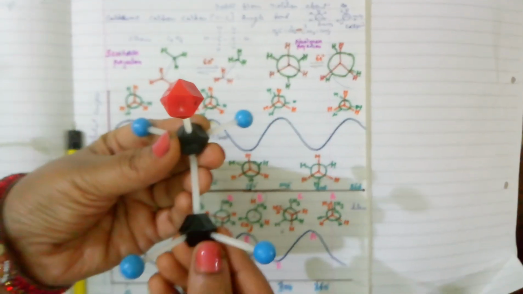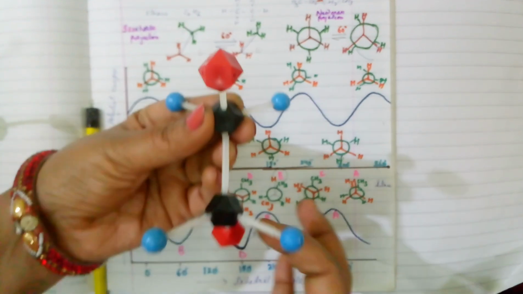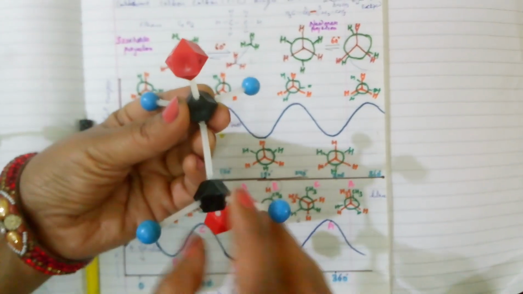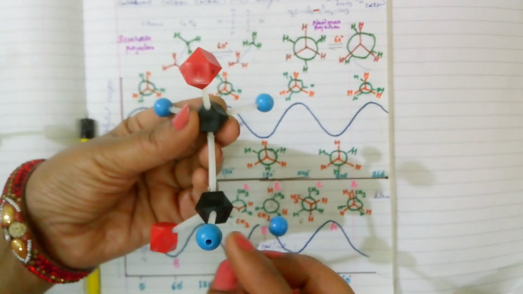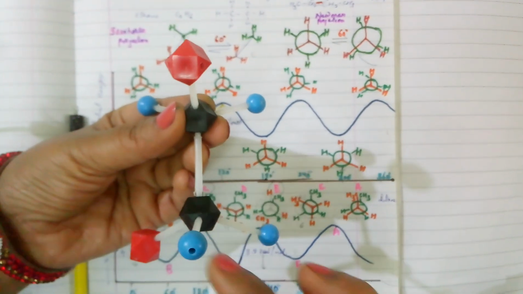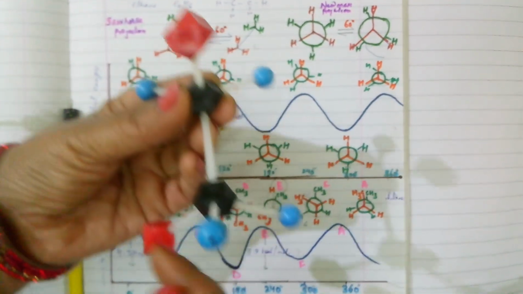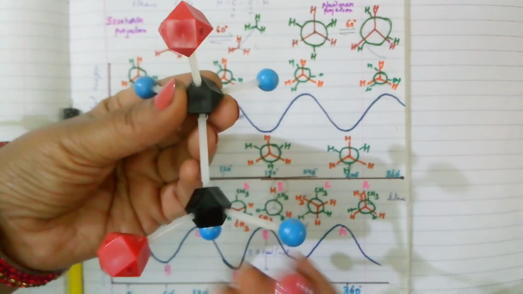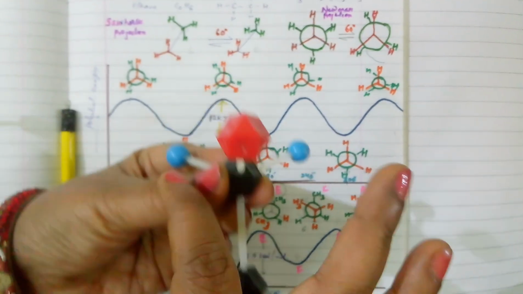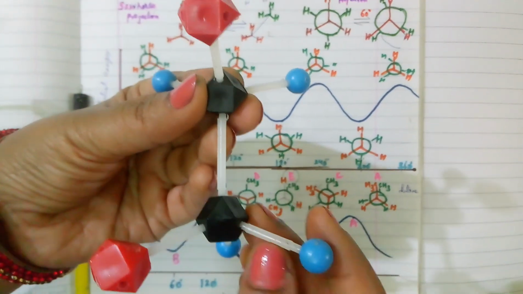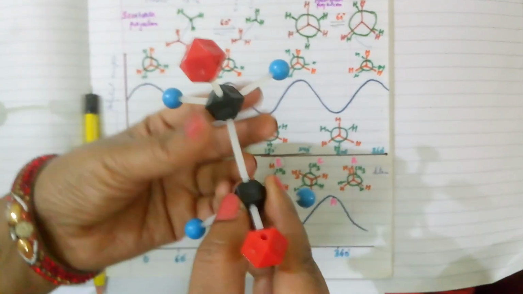Again I change by 60 degrees, I get the anti-conformer, staggered anti-conformer, where both the CH3 groups are at maximum distance. Again I change the dihedral angle by 60 degrees, then again I got the eclipsed, that is E, CH3 and H are eclipsing. Then again I change the dihedral angle by 60 degrees, I got the conformer F, where CH3 and H are eclipsing. So this is the gauche conformer. Again I change this by 60 degrees, again I got the A, from where I started it.